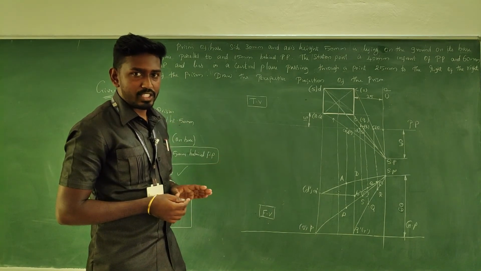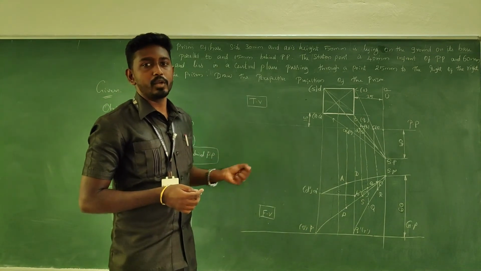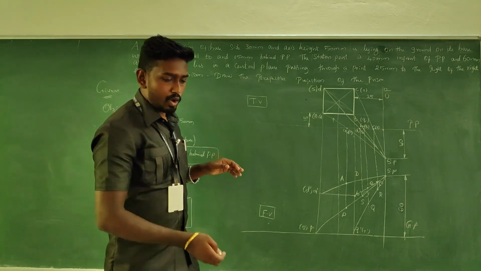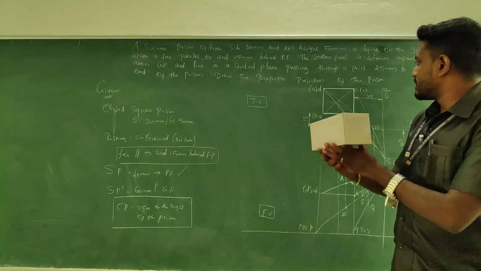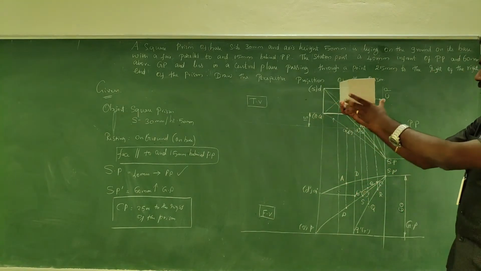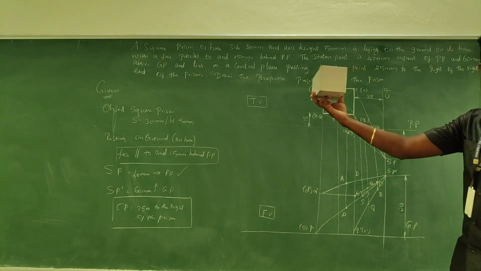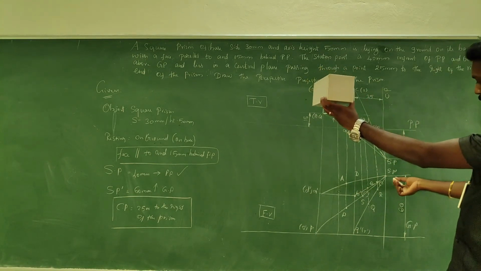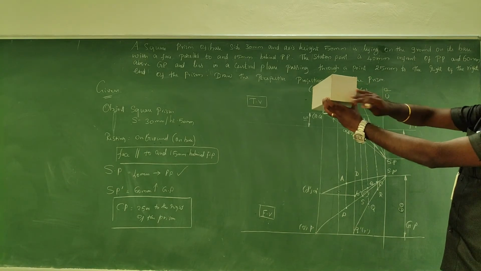Now just identify this shape. Just like isometric projection, we need to begin from the top base. The top base notation is A, B, C, D. Always the object is placed something like this. The observer position is here. I am the observer. So this is how the object is placed. When you are looking at the object in this manner, definitely this top base will be visible.